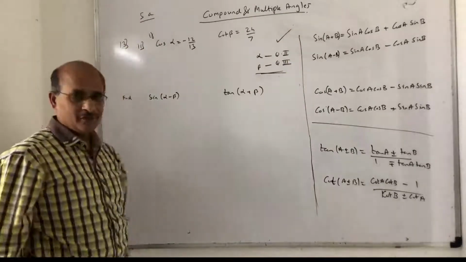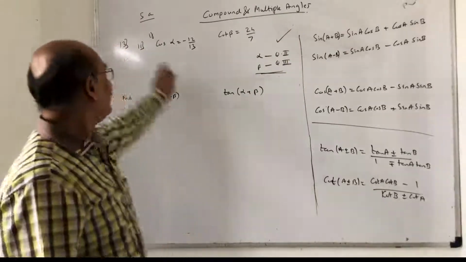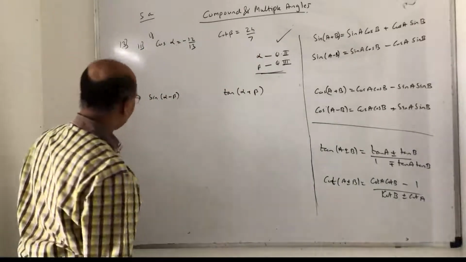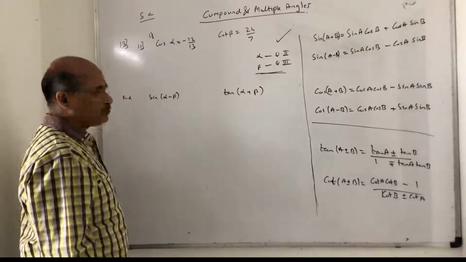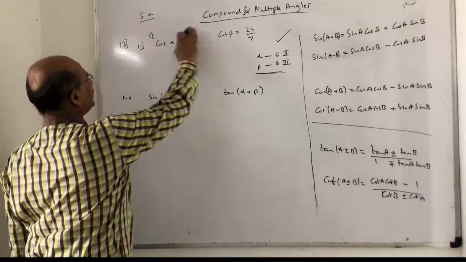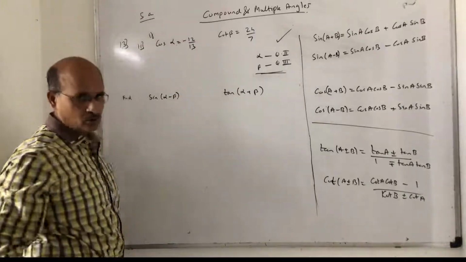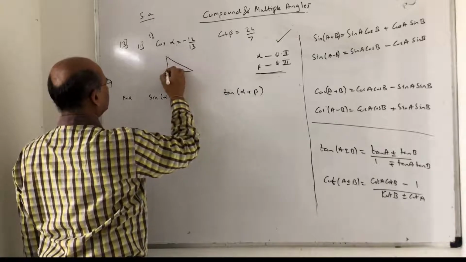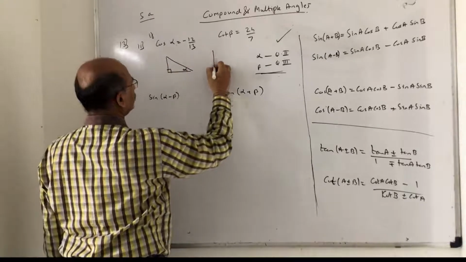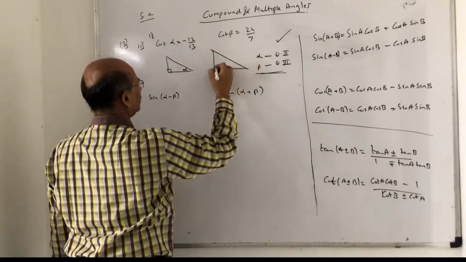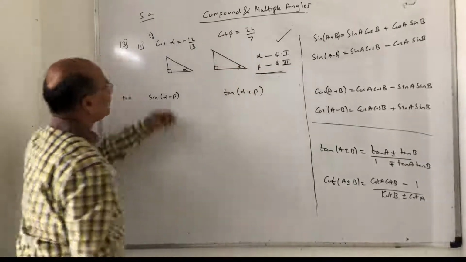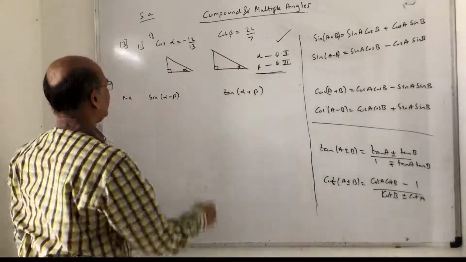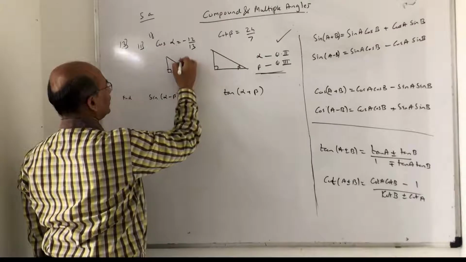Before we proceed, the first thing I want to share with you, remember alpha and beta are two different angles, keep that in mind. So, we'll work it out. I told you in the previous topic also, whenever any conditional values are given to you, the best way is to draw the right angle triangle. So this you can take as alpha, draw another right angle triangle for beta. And write the missing side. Now don't put a minus sign because minus only tells you which quadrant it is present in, so don't worry about that. So cos is this is 12, this is 13.